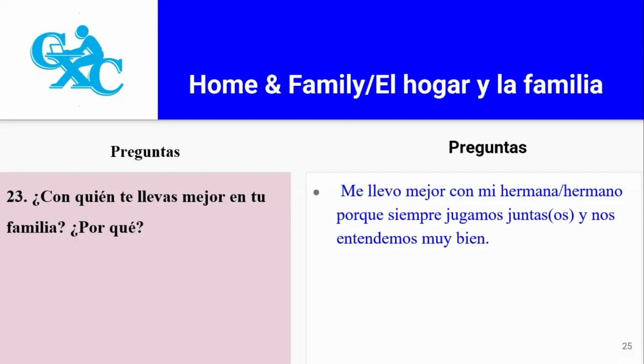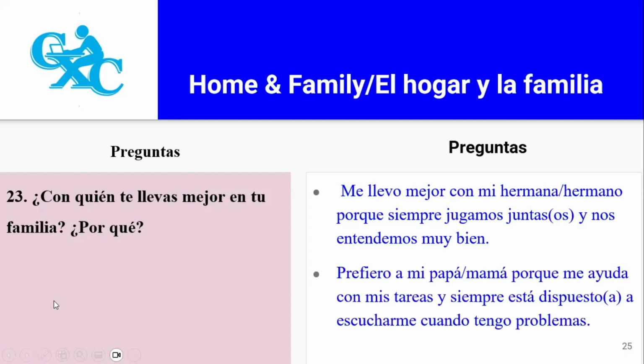Okay, so the key to the question, students, you listen to the verbs. The who and the what. All right, those are the key. The verbs, the who and the what in the question. And so if you hear the reflexive verbs, like you say, te llevas, of course, you're going to respond by saying me. So when you hear te, you respond by saying me. Don't say yo. Okay? Excelente. Vamos a continuar.